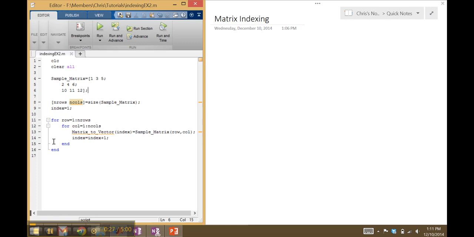Then we have a nested looping structure. So we have two for loops. The first for loop has an index called row. It starts at 1 and goes to the maximum number of rows in our matrix. Then we have another one. This is a nested one, so that's a looping structure that is within another looping structure. It goes by column, or it's called column, and it starts at 1 and goes to the number of columns